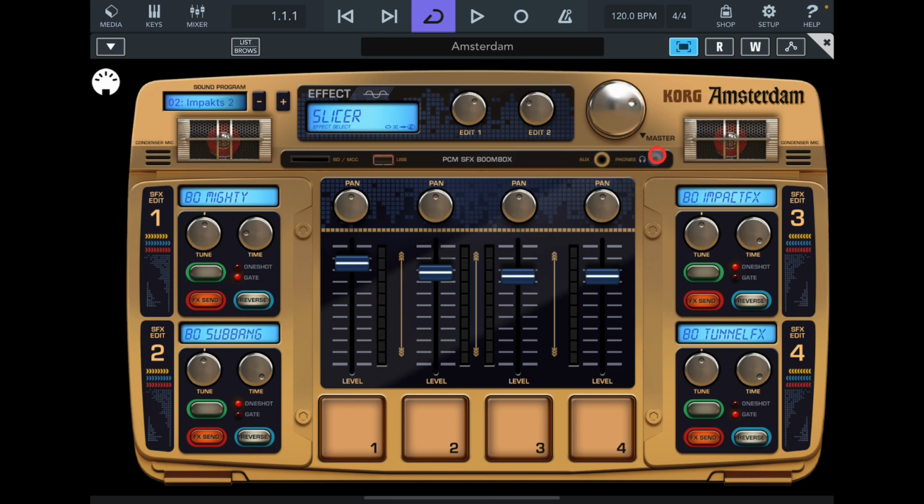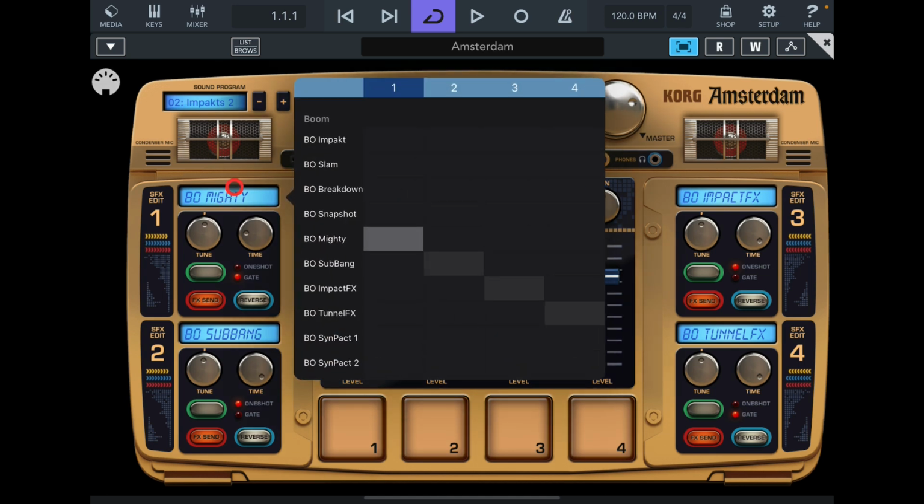This is your master volume. And then you can swap out any of the samples. So you've got 1, 2, 3, and 4, which refers to the sample slots here in Amsterdam, of course. So if we want to change sample slot 1, 2, this sub bang,